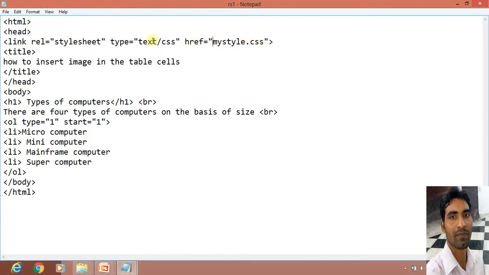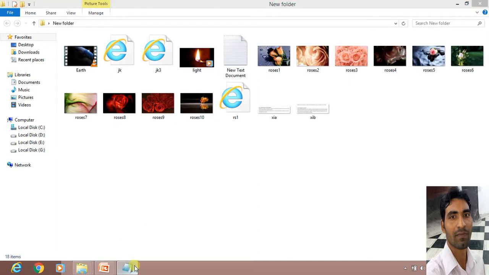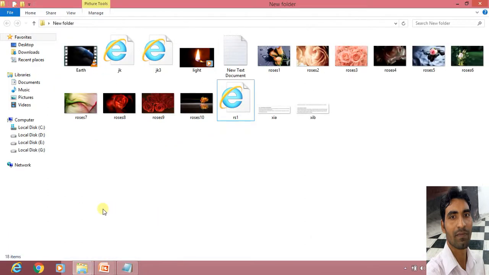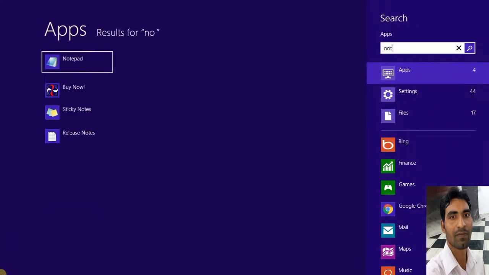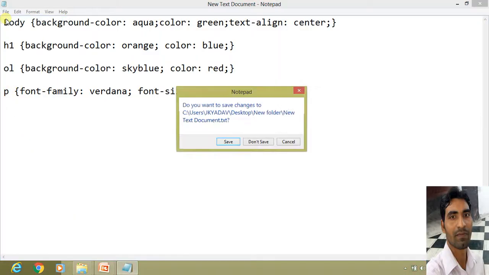So I have linked this, but this file is not created. So what do we do? We create this file. Now we save it, close this one, and create a Notepad file. Here, suppose we can take a new Notepad file. Go and open Notepad. Already opened. Okay, let us do new.